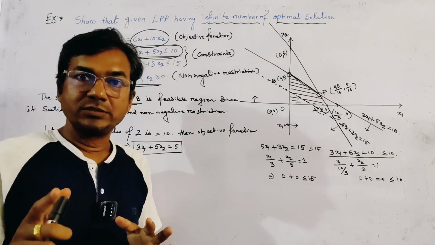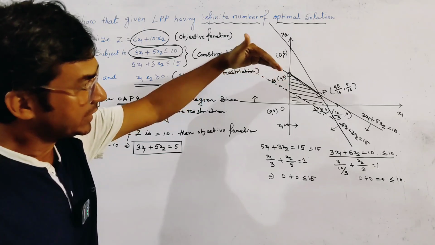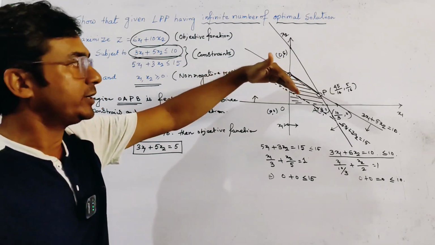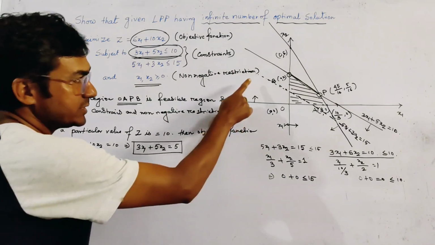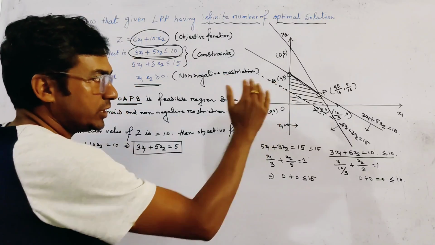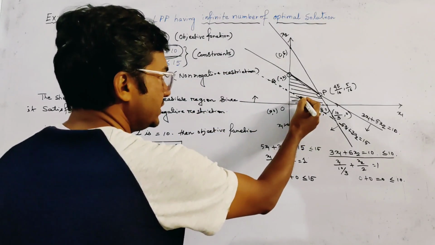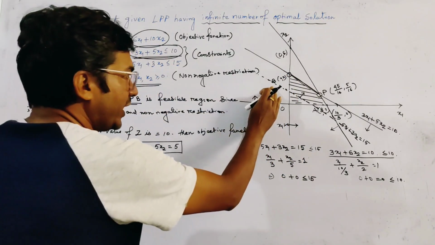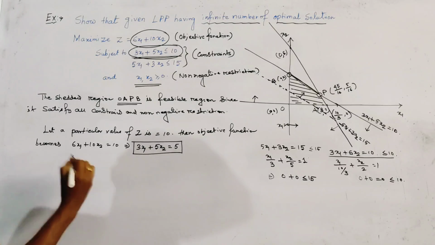In both cases, we move the dotted line until it contains only one point of the feasible region. In this case, if we move this dotted line parallel to itself away from the origin, we see that when we take z equal to 20,